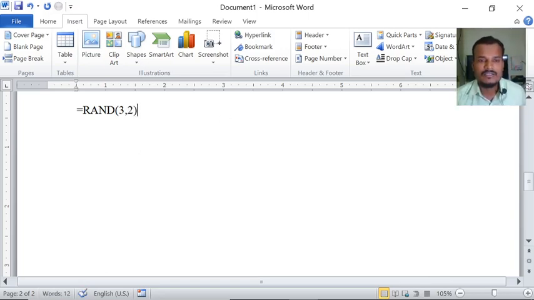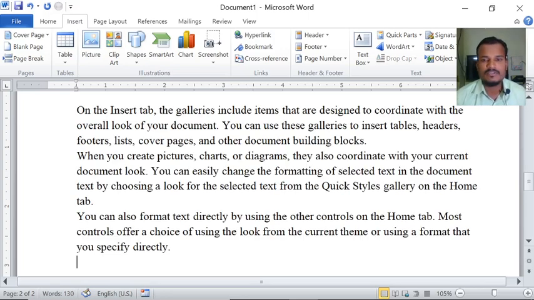This digit indicates the total number of paragraphs, and this digit indicates the number of lines in each paragraph. Now press enter. You observe here, 3 paragraphs are there. We have given 3 paragraphs, and in each paragraph we have entered 2 lines.